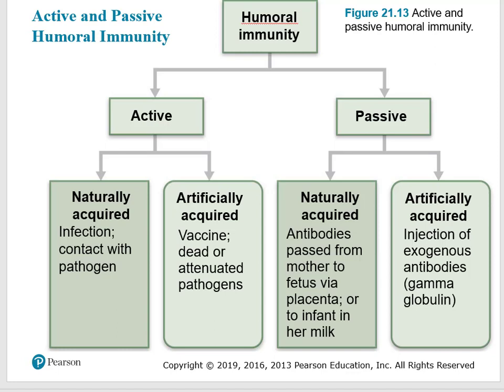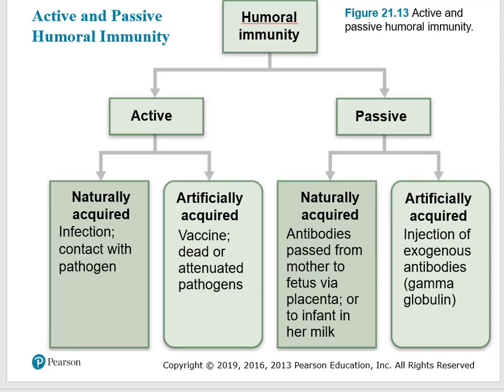The artificially acquired is where you get the disease or toxins in your body and you do not have time to prime the body, because during that priming moment you will lose the patient. So in order to protect the patient, you give ready-made antibodies to that patient and save the patient's life, like in